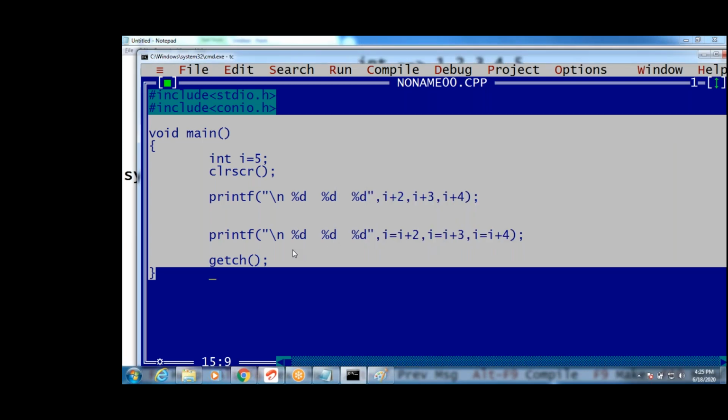We don't know how they implemented it. You should Google about your compiler, which convention it follows, right to left or left to right. But in exams they won't give compiler-based questions, so don't worry. But you should know how many ways it can print.